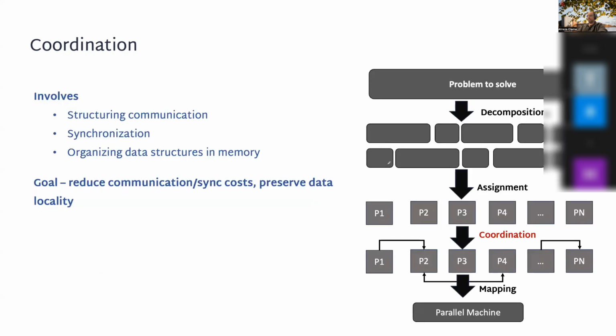Okay. And there are two more steps. I know the class time is over, but just let me finish this part. So we have the coordination phase in which you want to structure the communication, you want the synchronization, and you want to organize your data structures in memory and how the threads want to communicate and work with each other to solve the problem. Again, here you want to reduce the communication and synchronization costs, and you want to use data locality